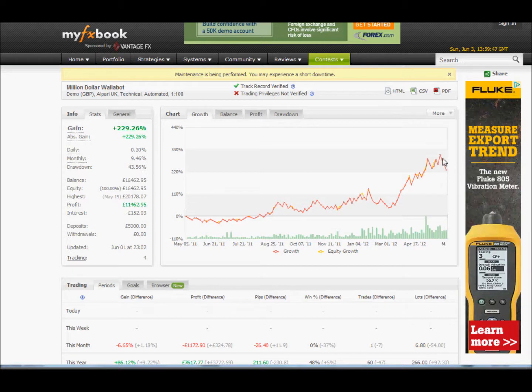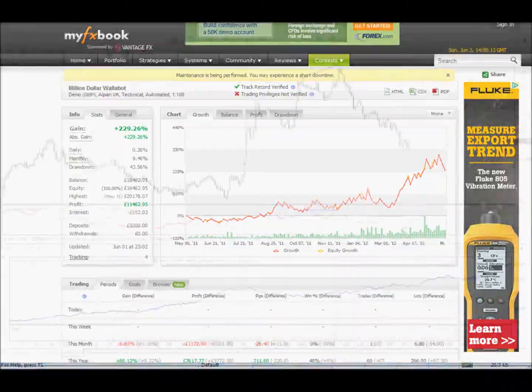Where it peaked at about 300% gain and is now currently sitting at not as impressive but still quite impressive 230%. And I've been asked to comment on the differences between Wallabot and Wallabot Millionaire by a number of people, and the answer is very simple. There is no difference other than the percentage which is risked on each trade, and let me show you that